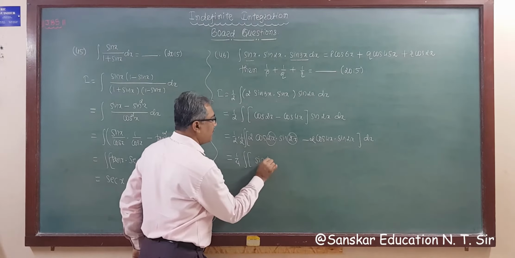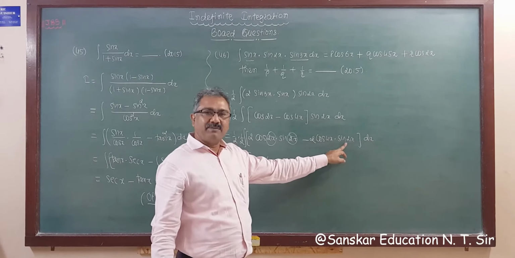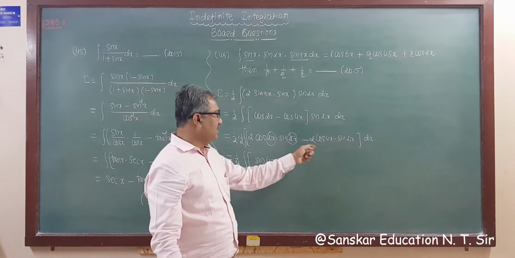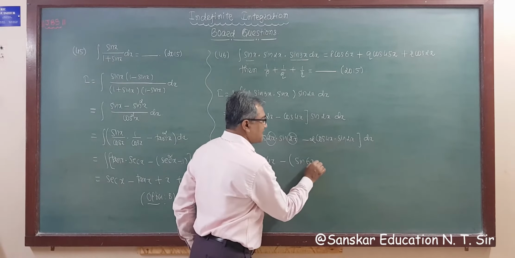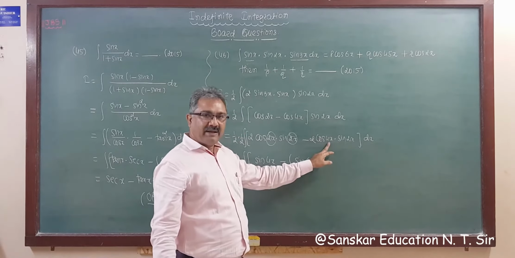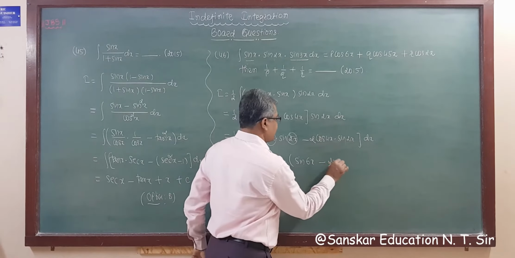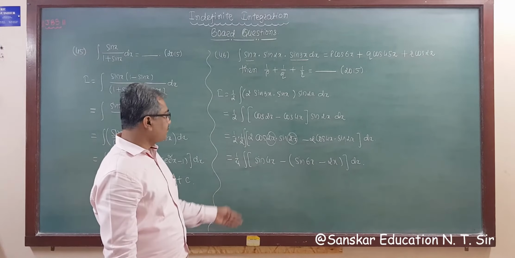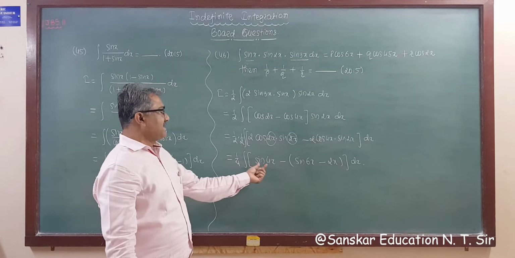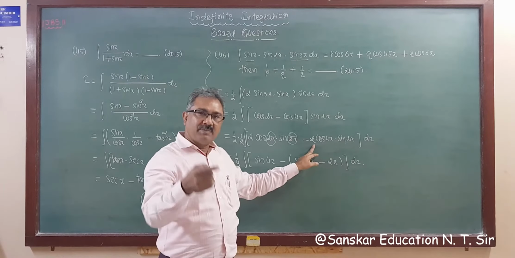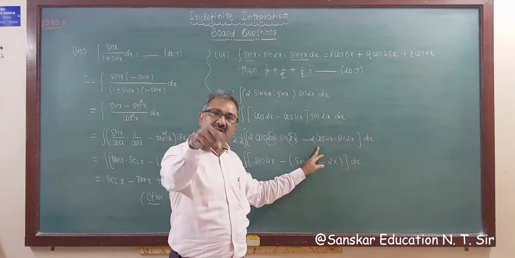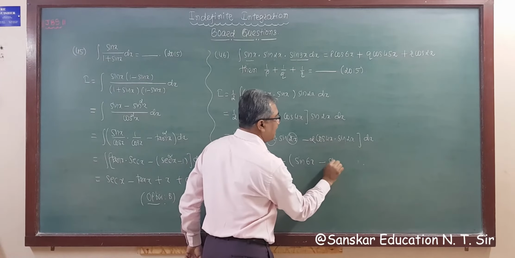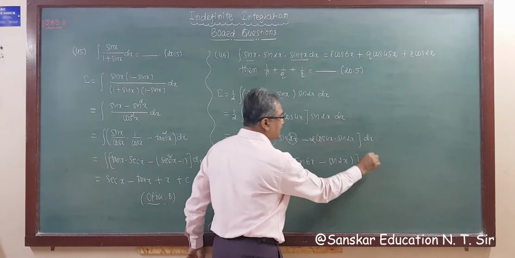So this is sin 4x minus 2 cos A sin B. 2 cos A sin B is sin(A plus B) minus sin(A minus B), which is sin 6x minus sin 2x, dx. Sorry, I forgot to write: sin(A plus B) minus sin(A minus B), where A plus B is 6x and A minus B is 4 minus 2, which is 2x, dx.